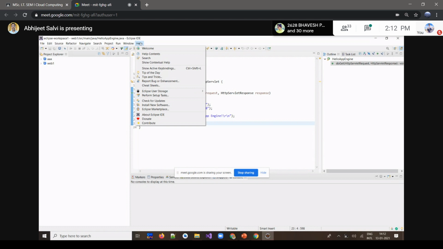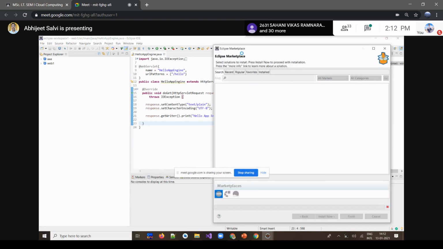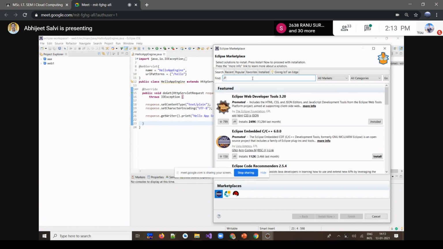For that, you have to go by this Help option, and there is something called a Marketplace. After getting that Marketplace over there, these are some of the extensions for Eclipse. So we'll find one of the extensions over there, named as